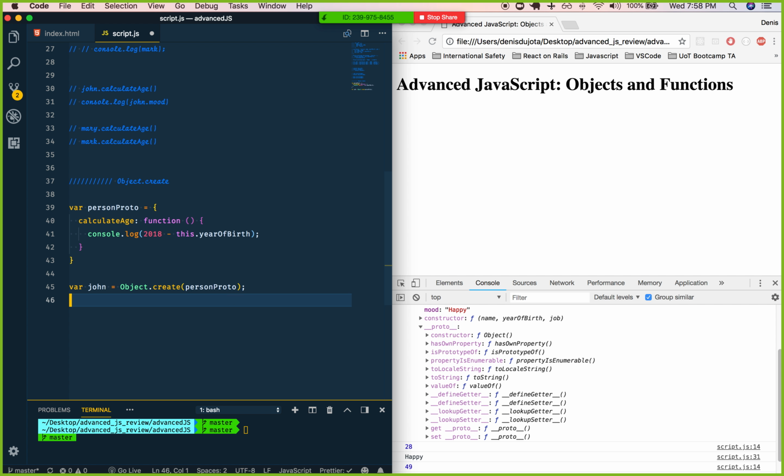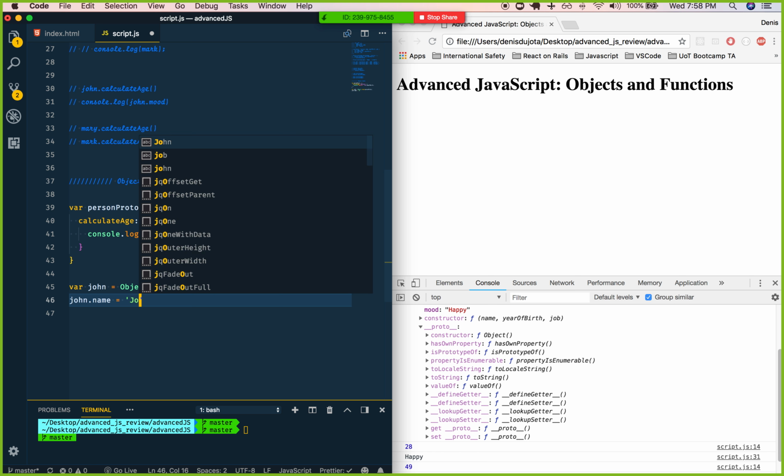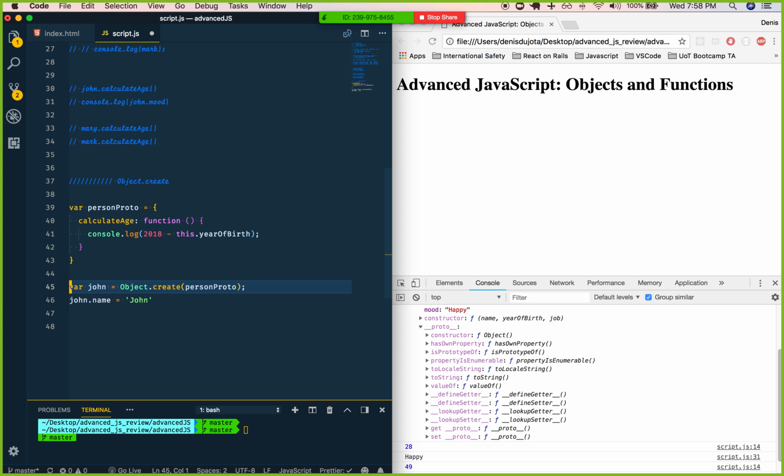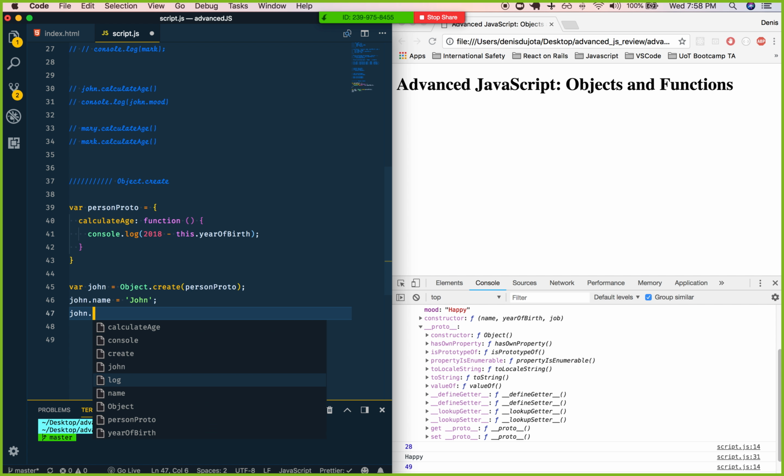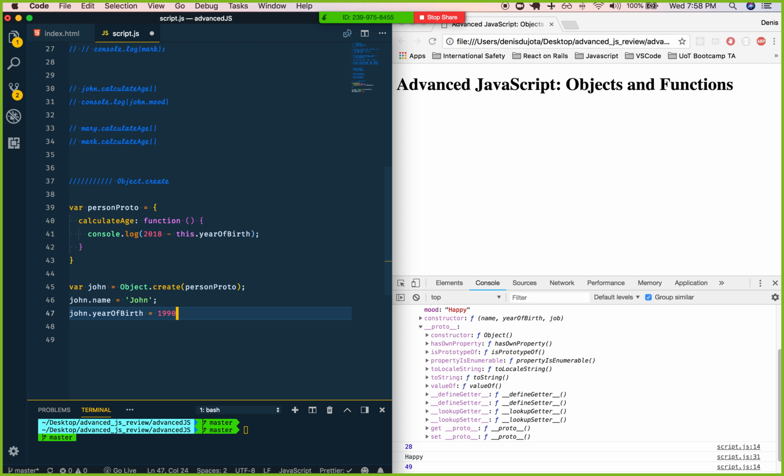Okay, and let's add some, and then what we do is, because you see here, this is kind of like an object, right? Object.create accepts key value pairs, right? So what happens if you have an object? You can use the dot notation on it. So John's name is equal to John. And although I'm pretty bad with semicolons here. And then John has a year of birth, which is 1990, our good friend here. And he does go to work, and he does what? He is, I believe we said he was a teacher, right? Was that right? I don't know. Right, so